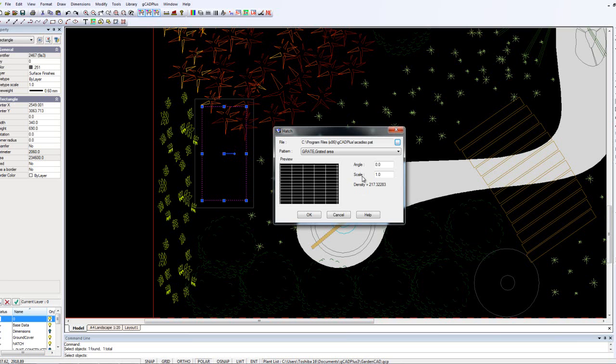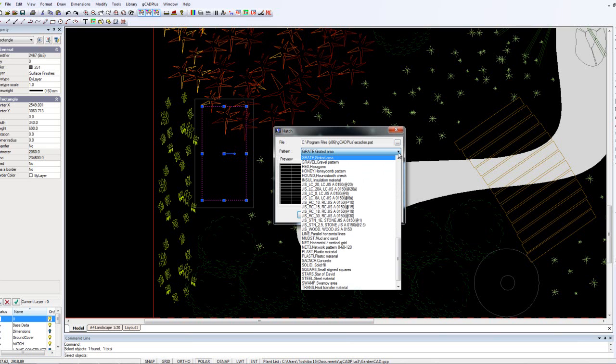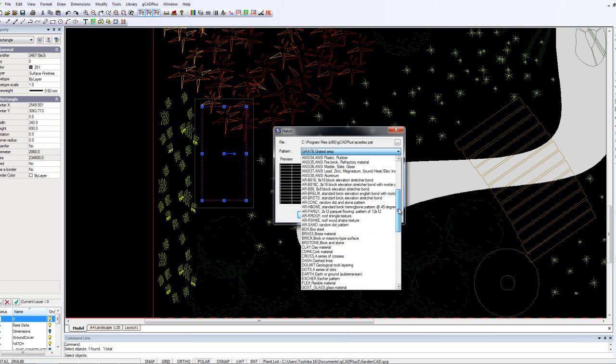Now I've made sure I've loaded CAD, that's the pattern file that will work in the metric area, but you do need to juggle the scale. The scale at the moment here has a density of 217, which is really high. You really want to aim for a density of less than 2. So we can now pick a pattern by scrolling down. We want concrete, so it's ARCONC,